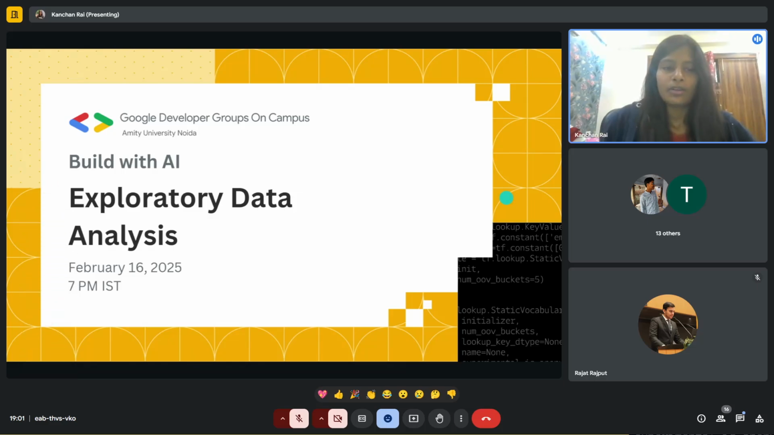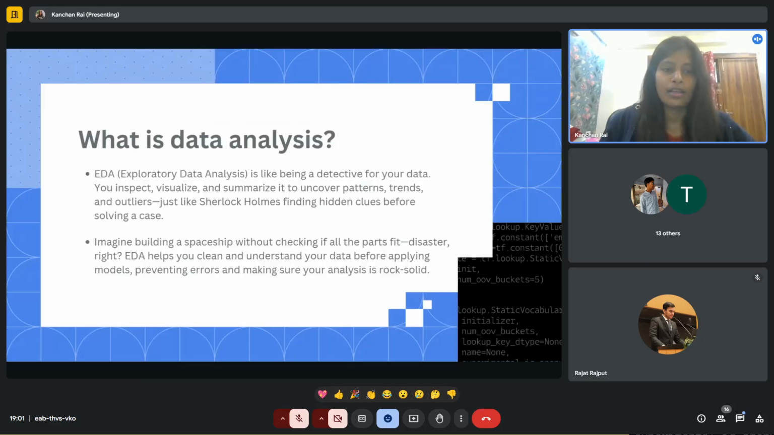So in exploratory data analysis, today we'll be seeing three major techniques, which is like the base. But before that, let's see what data analysis actually is. When it comes to machine learning, data is the most important part. You train your model on what? Data, right? So EDA is basically like being a detective for your data. You can inspect, visualize, summarize,